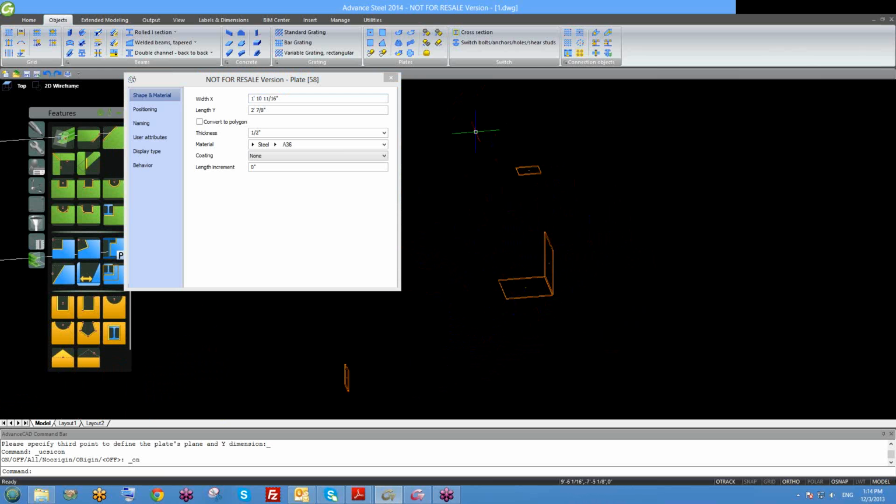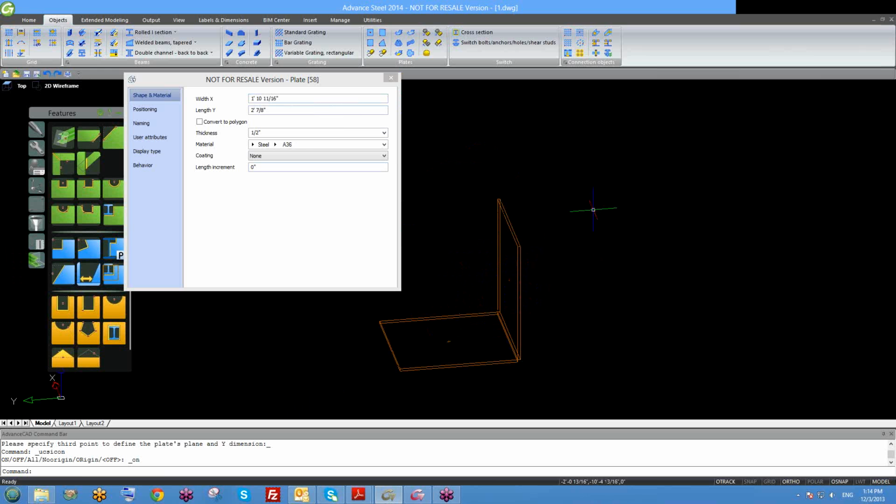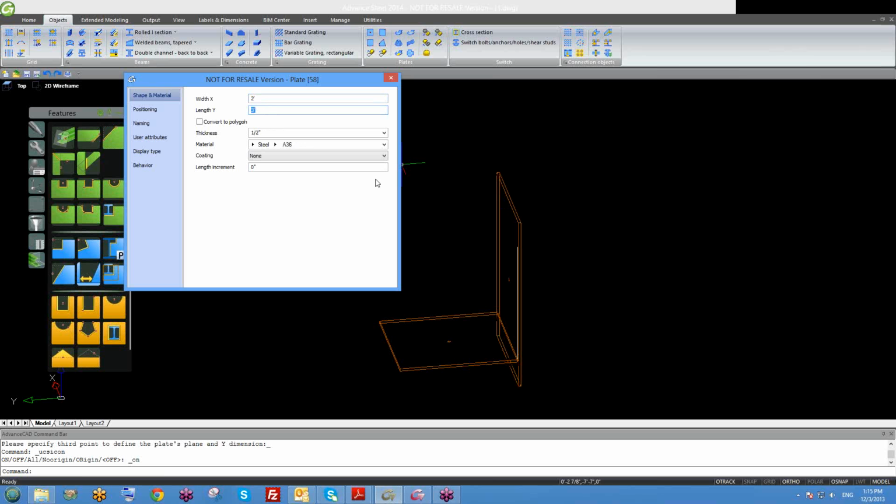Okay, so if you wanted it at 45, you could put a reference line in at 45 and then pick that point. Exactly. And once you have your plate put in, you can change it. All right. So you've got the length and the width of your plate, so you can change it. Let's say it's 2 feet. It's 3 feet. All right. So you can always change that,